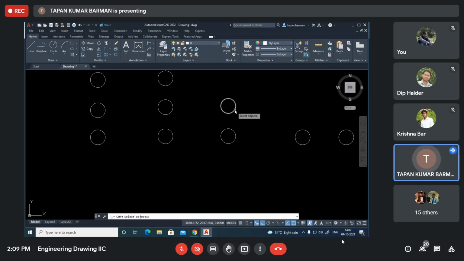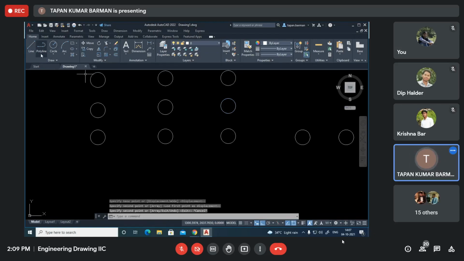Suppose I want to copy this, select object. Now in mode, here you see it is single. So I may change to multiple. If I want to use multiple, then I have to type M, say base point. Okay, understand? So this way you can do it.